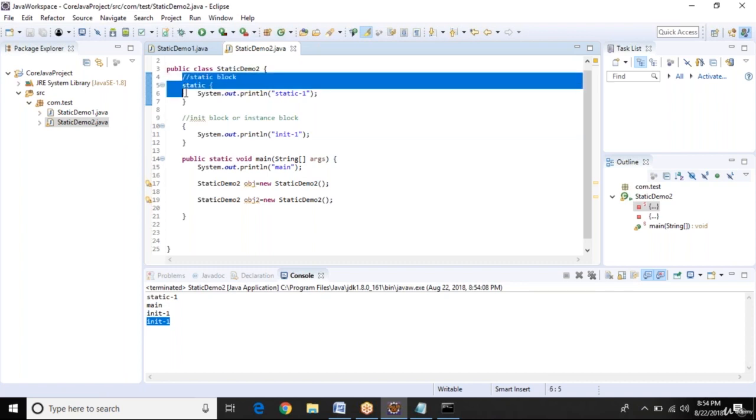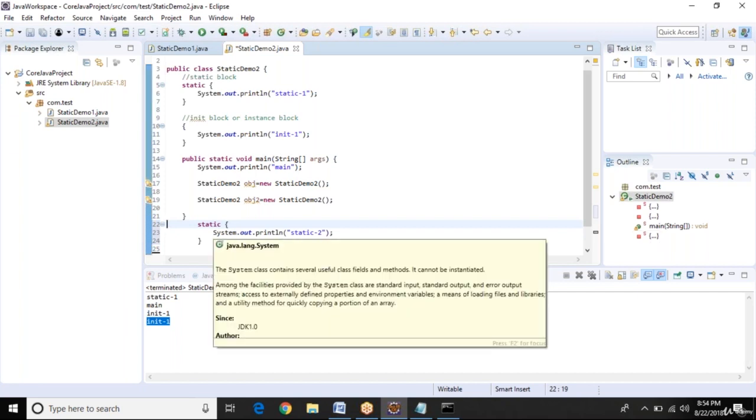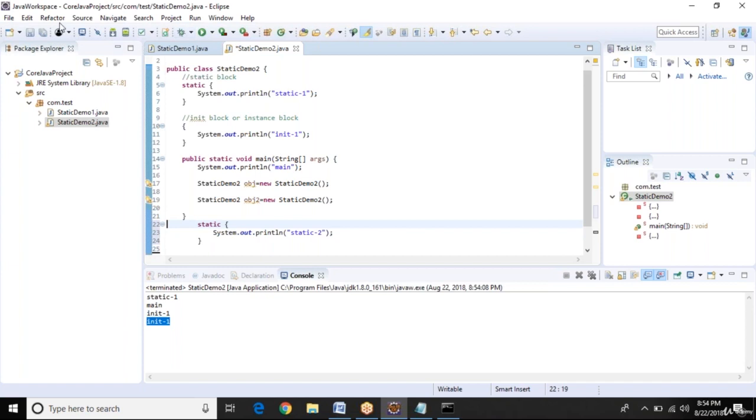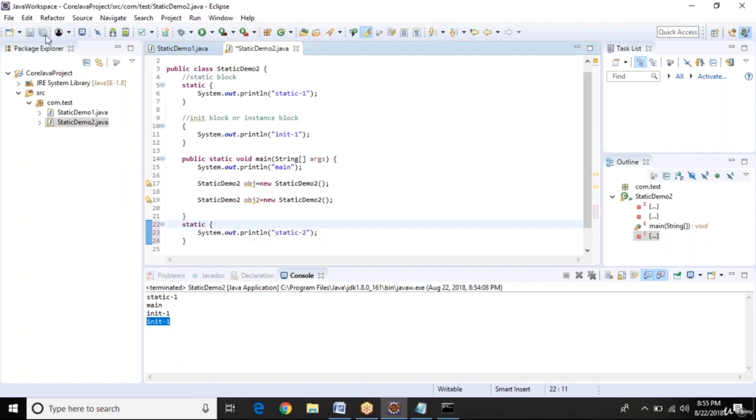So let me copy this and paste it here, and I'm writing static 2 here. Now what will be the output of this program? First static 1, static 2, and main, then init, and then again init.